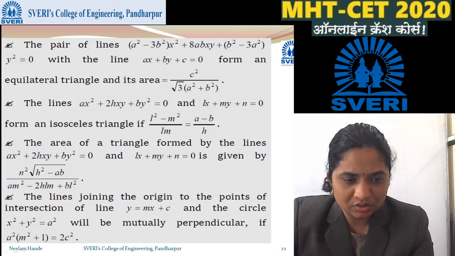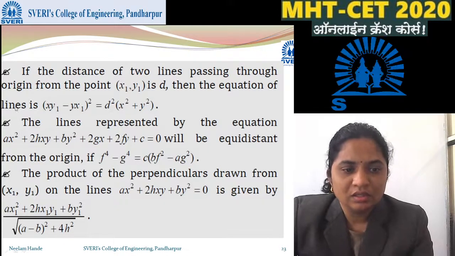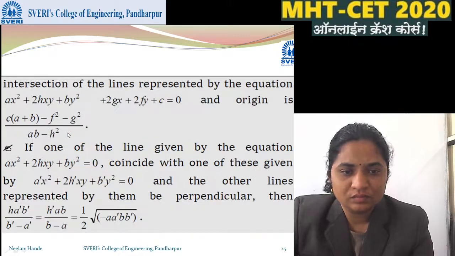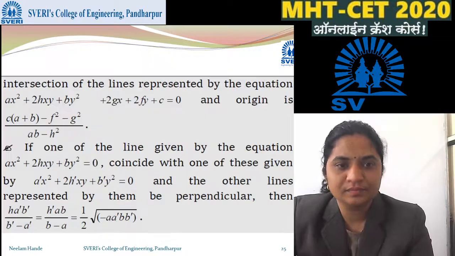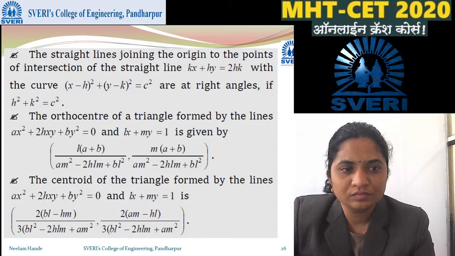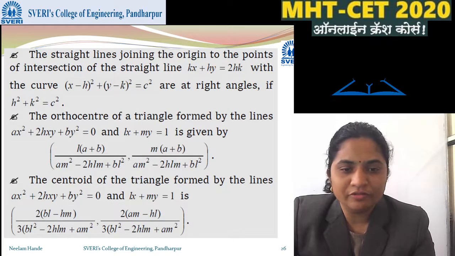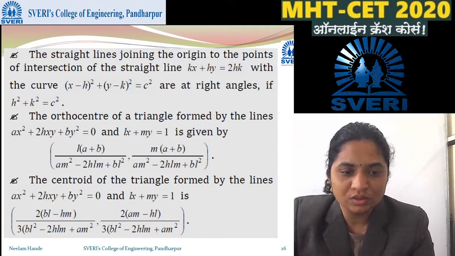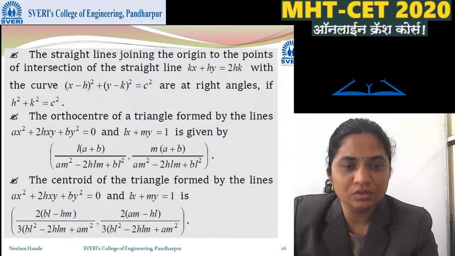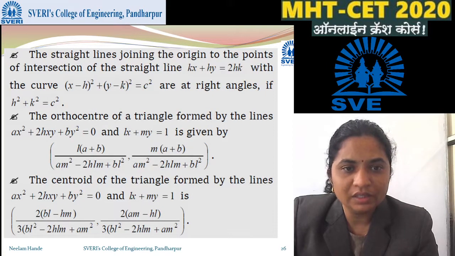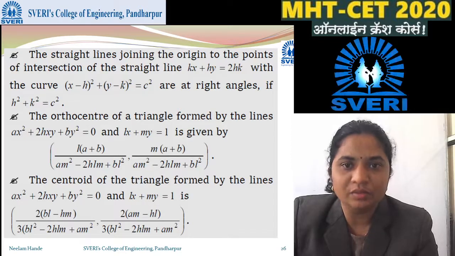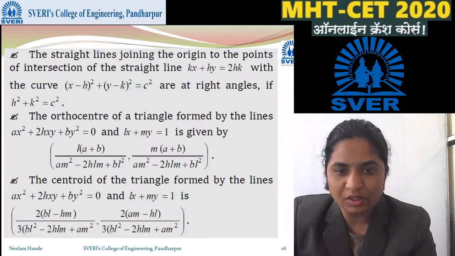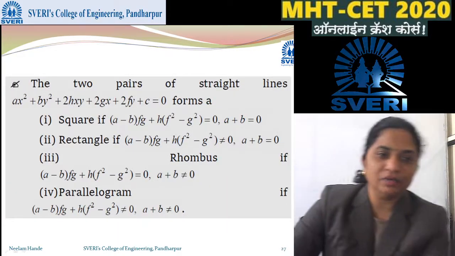Okay, here are some formulae again. Let me skip it. If you want to see all these formulae, you can go through this once again. Okay, we'll go to the questions directly. Whenever needed, I'll take you back to the formula. If there is any important one, we'll see it in the questions and discuss the formula also.